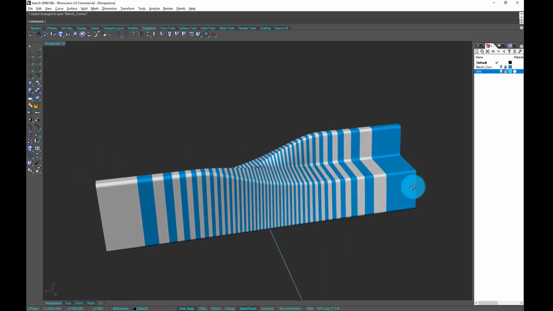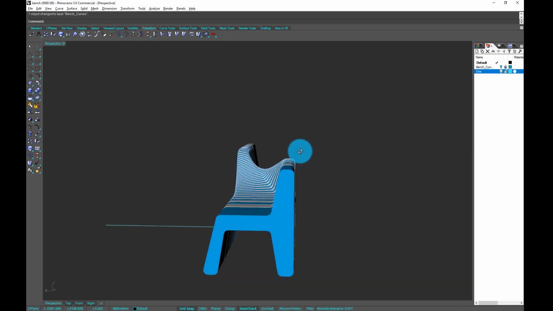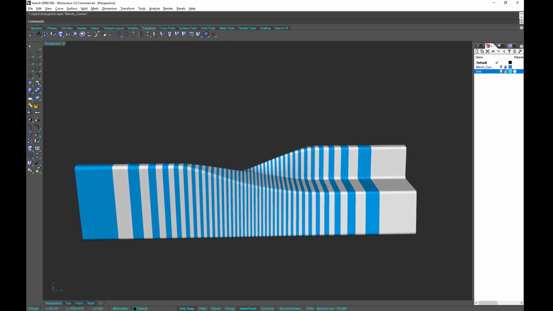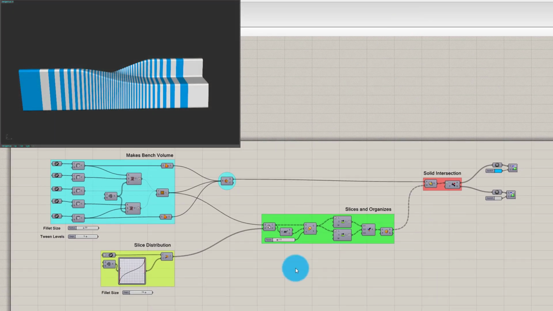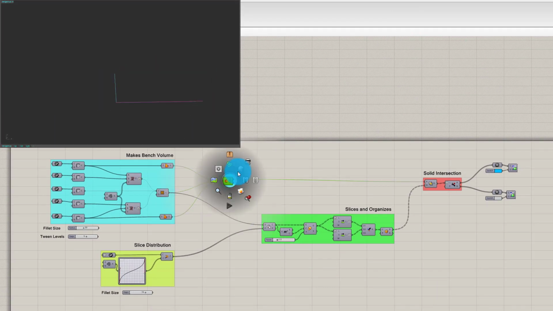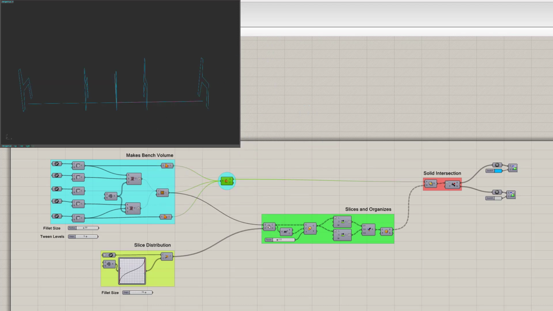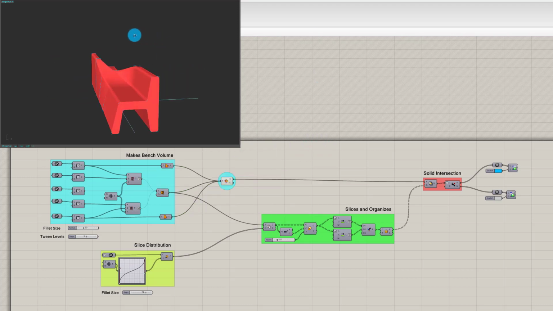But for this one, I'm gonna keep it nice and simple and just basically show you guys how to do this. If you see my algorithm, it's fairly easy. Let me show you guys a quick sort of preview of the process. Well, first we're gonna make these curves inside of Rhino, and then we're gonna make these curves into one volume,